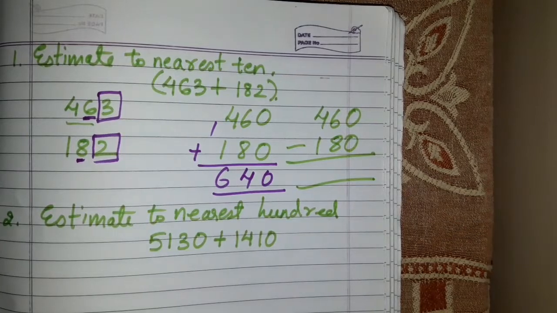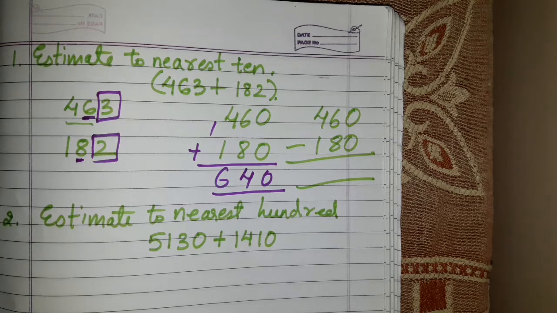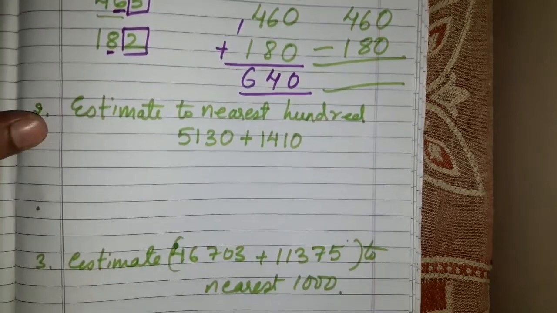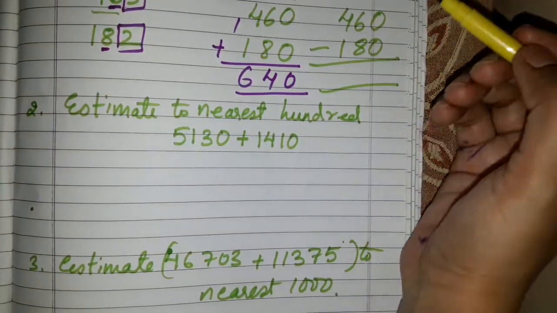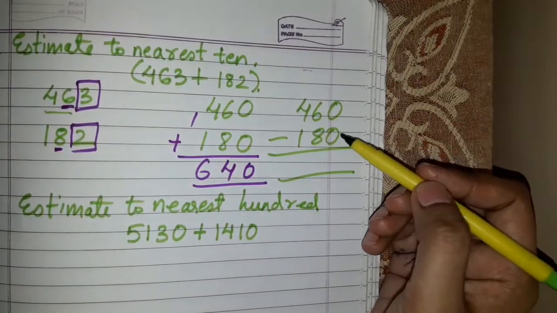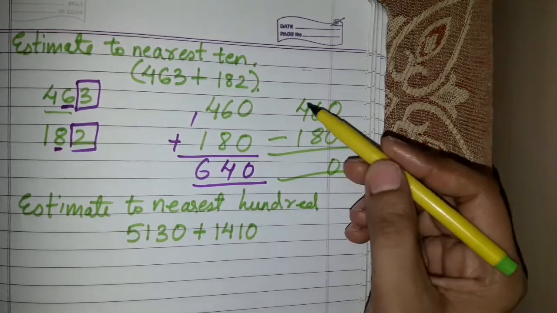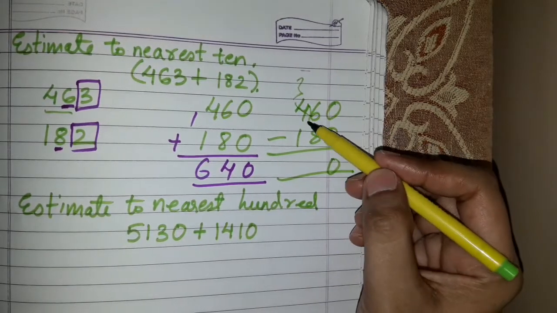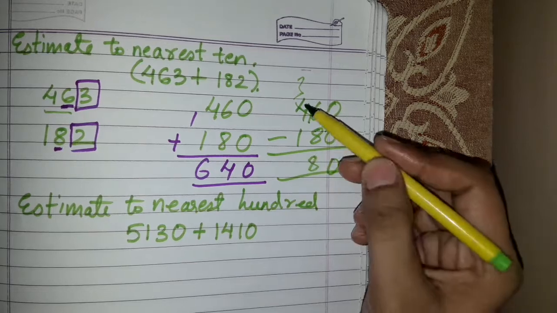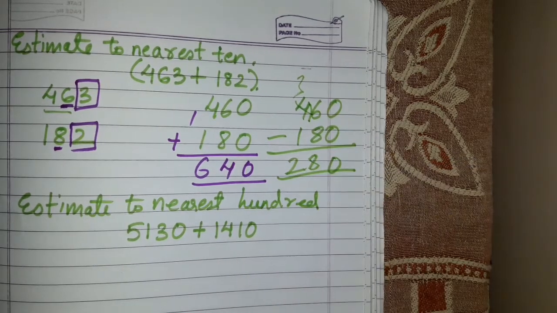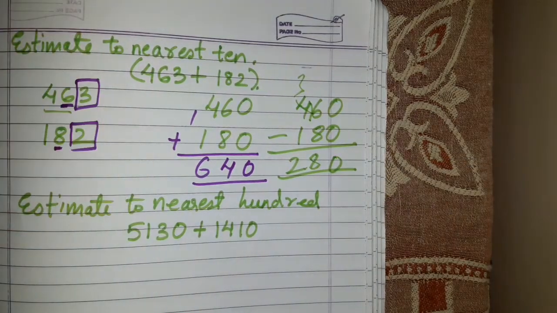Subtraction and addition both are very easy. The only thing you have to do here is to round off individually all the given numbers in the sum. Now let's see, if you want to do the subtraction here, you will do 10 minus 0 is 0. We'll take 1 from here, we'll make it 16, and we know it is 8, and 3 minus 1 is 2. So this is how we do subtraction and addition.